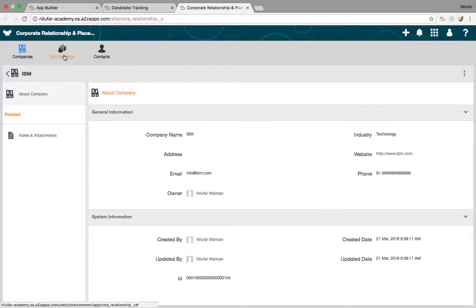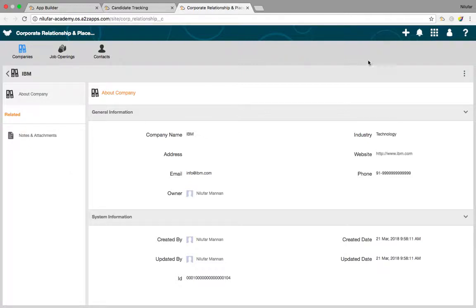Right now, I can see them as three different entities, three different spreadsheets which are not linked to each other. If under company I could see all the contacts and all the job openings the company has to offer, it would be much easier for me to track. So let's quickly see how we can link these entities together to make more sense.